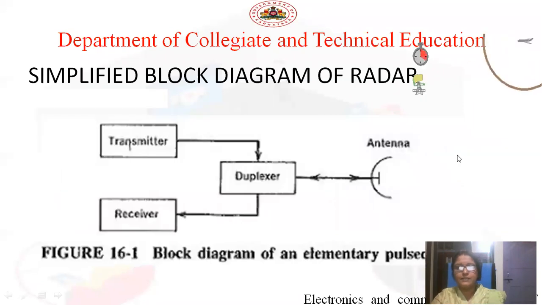Okay, now let us see the simplified block diagram of the radar. From the principle of the radar, it should transmit RF signals towards the target, and it should be able to receive the echo signal. Means it should transmit the signal and receive the signal. To transmit and receive, it should have one transmitter section and one receiver section. This transmitter section will radiate the energy towards the target and the receiver will receive the echo signals and